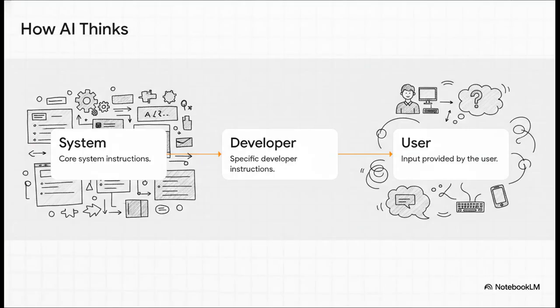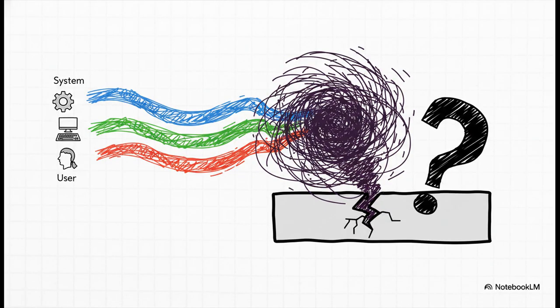You see, every AI pretty much operates on this three-layer stack of instructions. Think of it like a cake. At the very bottom, you've got the system instructions. These are the AI's core, hard-coded rules. Then, on top of that, you have the developer instructions, which are more like specific guidelines for whatever task it's doing. And finally, right on top is the user input. That's you, asking your question or giving a command. The AI takes all three of these layers and kind of mushes them together into one single prompt before it does anything.